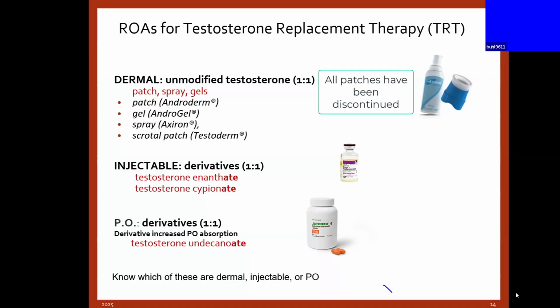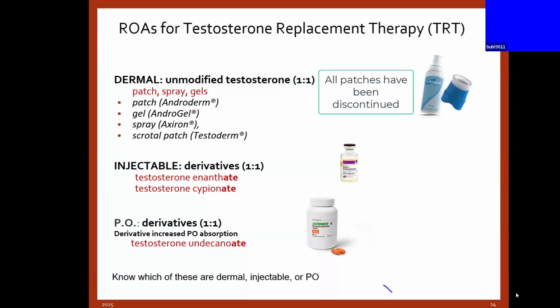All right, so we're going to finish up the androgens. I said that really the androgen drugs are just forms of testosterone. The ones that you most often see are actually going to be unmodified, and that's because they're not oral.